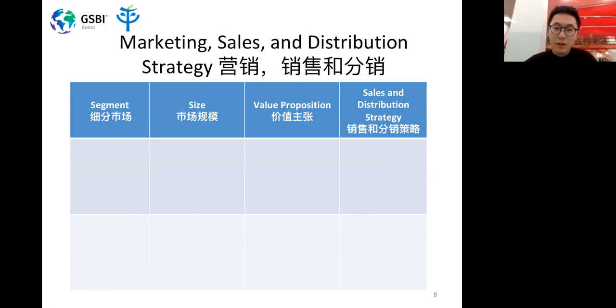And if you want to solve a problem about pre-learning teachers, whether they have adequate training from the college, or whether they haven't had the training from the college, there will be a very segmented market. And from the very segmented market, then you can have the size, what value you want to create for them, and what is the sales and distribution strategy that you want to use to channel your